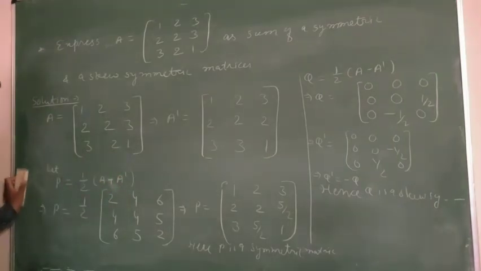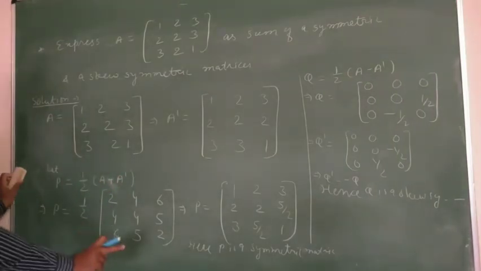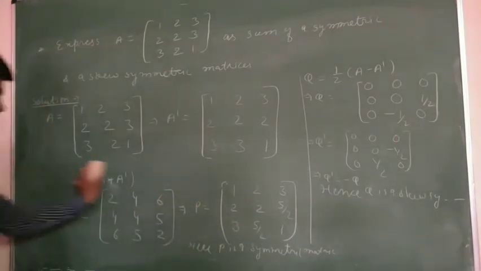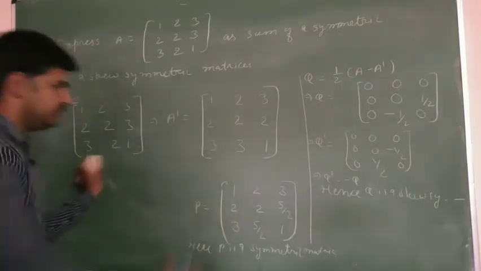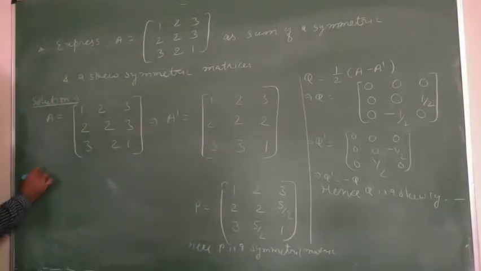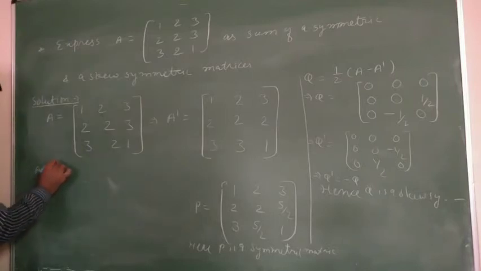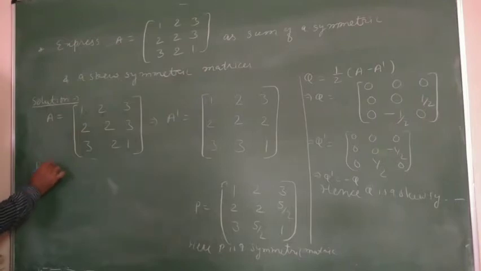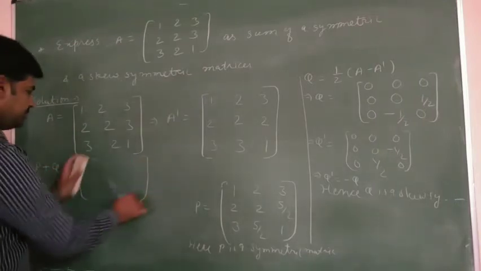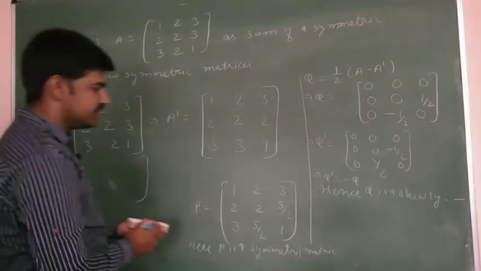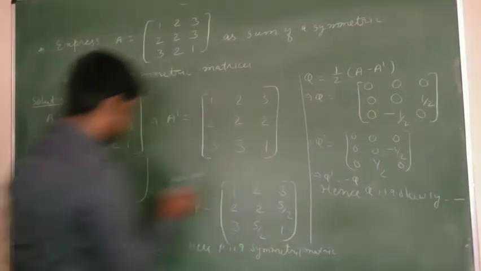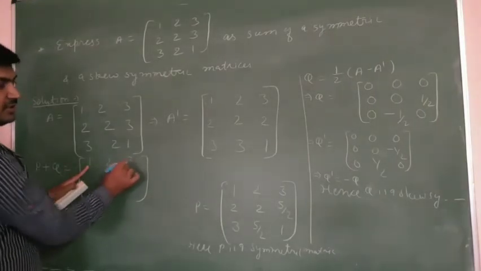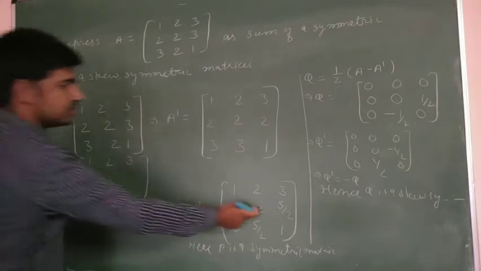So at last, after you have done it, I am writing it here. I hope you have understood. See, where is P that I am to keep, students? The P was this one. This is P. At last, after you have written this, you can write P plus Q is equal to, let us find P plus Q. Just add, students, the corresponding elements of P and Q. So 1 plus 0 is equal to 1 only. The second element is 2, the third element is 3, the next element is 2, the next 2 plus 0 is equal to 2.